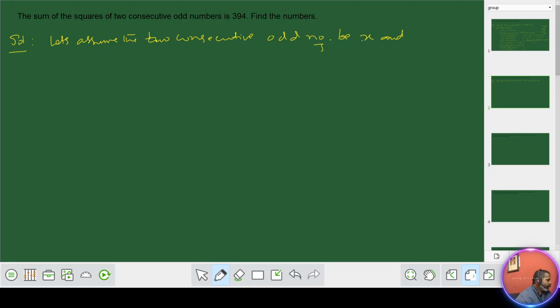x. When x is odd, don't say x plus 1 because x plus 1 means odd plus 1 becomes even. So here the tricky part is to get the numbers as odd. Consecutive odd numbers will always be in the form x and x plus 2. Similarly, it is similar to the previous question. So according to given, the sum of the squares of two numbers they told, right? So the numbers we got now are x and x plus 2. Therefore x square plus (x plus 2) whole square